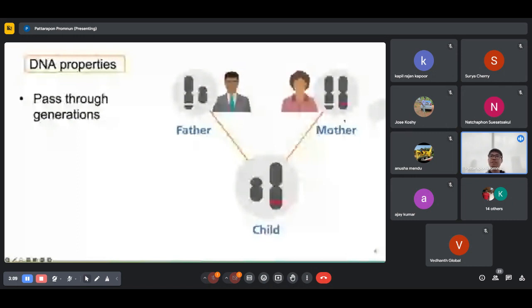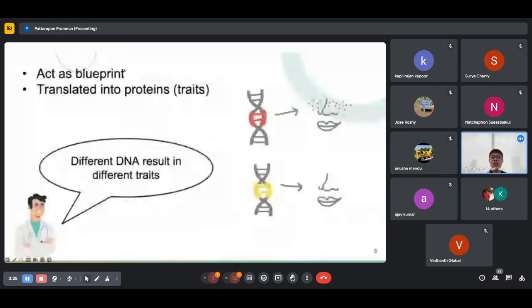And another important property of DNA is that it can act as a blueprint. The codes of DNA, the sequence of ATCG, can be translated or decoded into proteins, or in other words, the traits or the characteristics of organisms. So different DNA can result in different